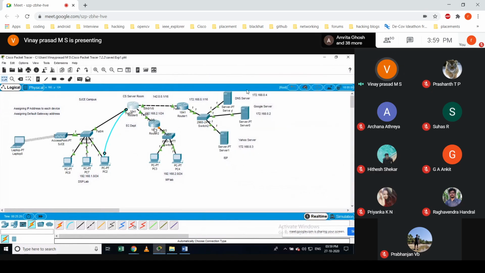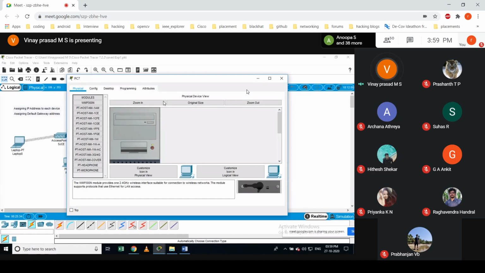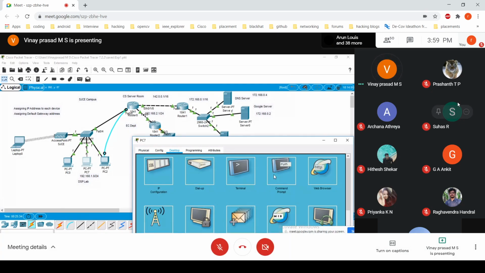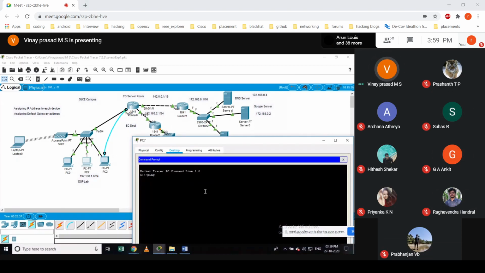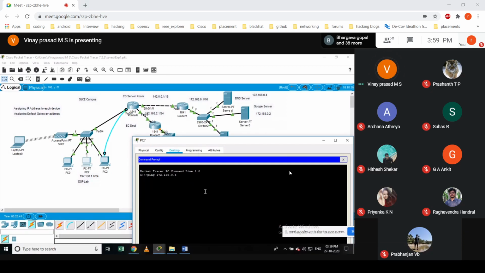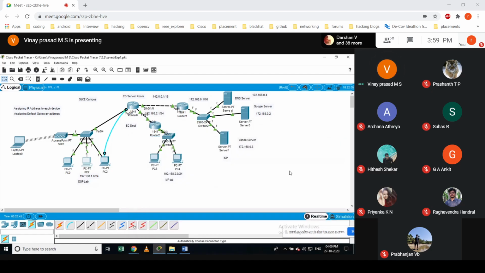Simply I changed an IP address and I added one more router here to understand how RIP could be configured within, and how the static and default would be configured between these two. But if you look now, you cannot access any of the devices connected in the ISP network. I'll try to ping one of the ports in the ISP network. I'm unable to connect because whatever I did last time, the configuration on this router has been removed. It is now fresh and new.